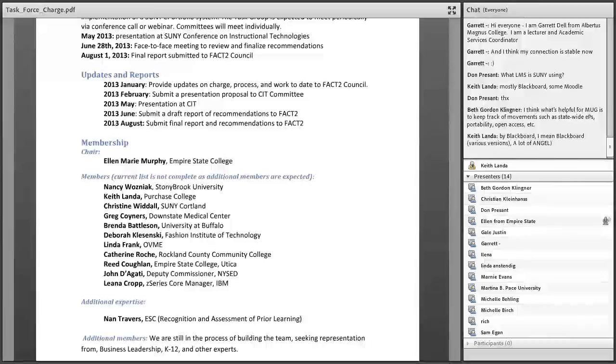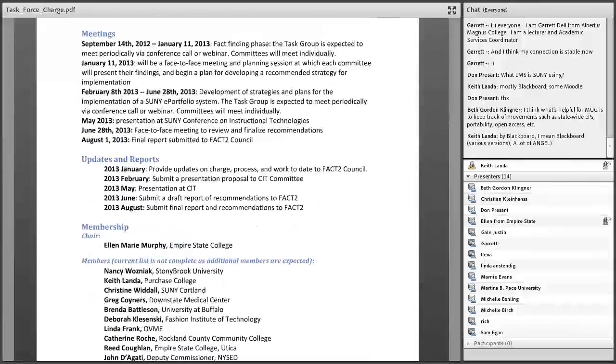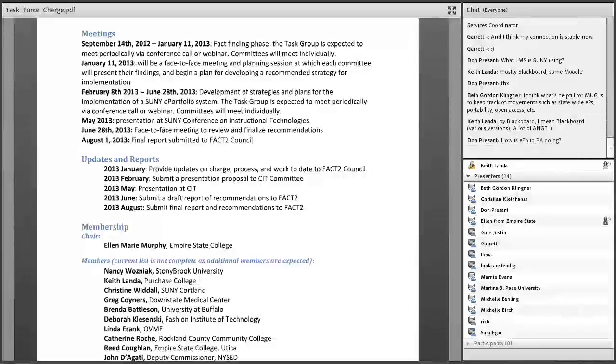I think that this particular initiative has the potential to be different from any of the other ePortfolio initiatives done on a statewide basis previous to ours, because the focus is so broad and because it rolls in prior learning assessment and workforce compatibility. So I think that's what will distinguish us from what has been done previously, which focused on internal assessment. So ours is kind of adding a second layer to that.